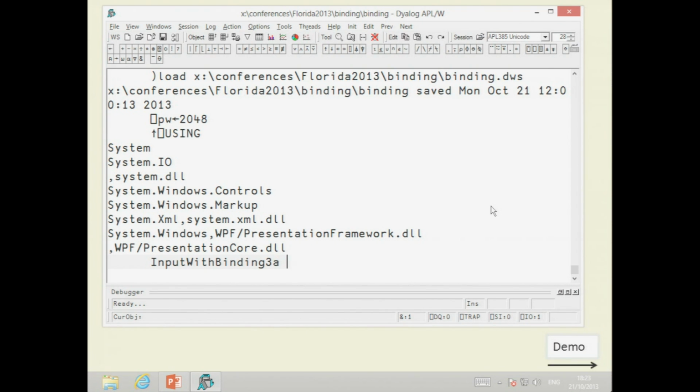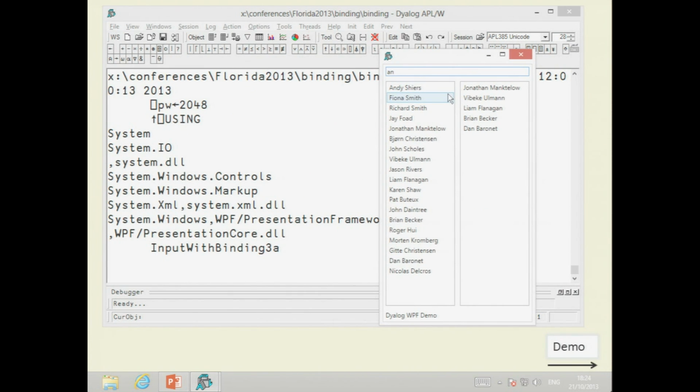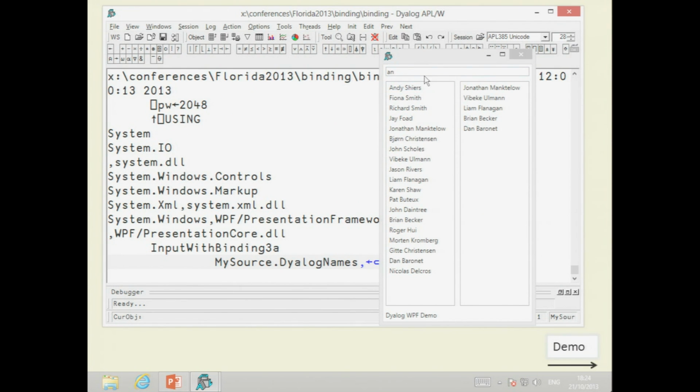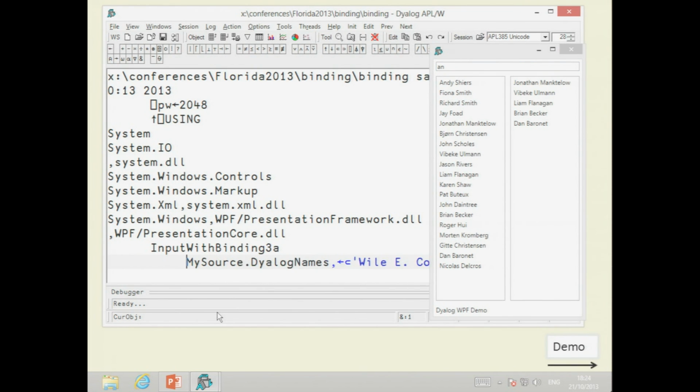So let's run this input with binding function, 3a. There were various iterations of this going through, but here's our user interface. And as I type A, N, we get the update of those items in the list that contain those letters. Now I have to go from memory a little bit. Okay, and just to prove that the data binding works,